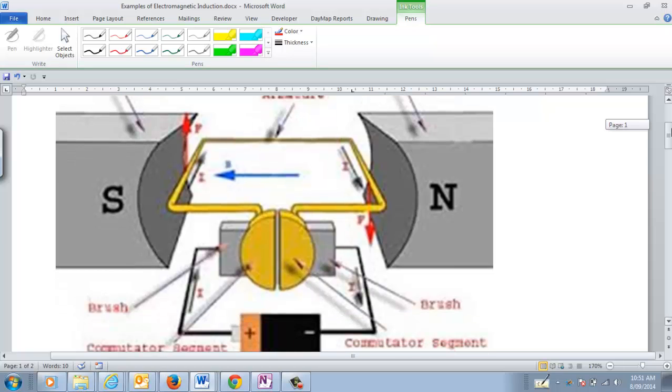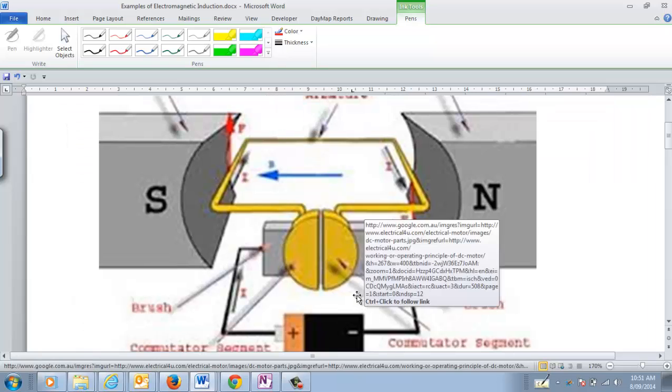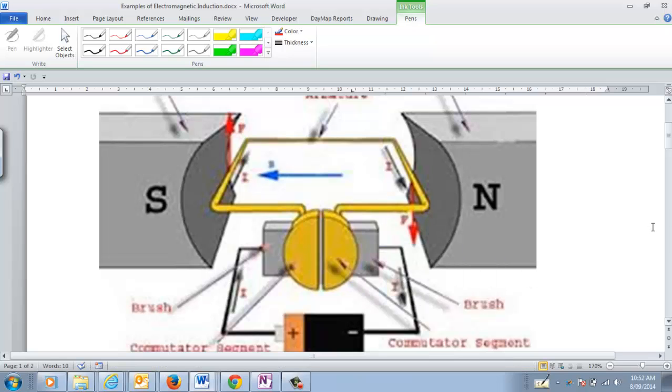Other parts of this particular motor, you have these brushes which allow the direction of the current to change in this loop. Obviously you have to have some sort of electrical energy there, and notice there's a little split here, so you have a split in the commutator which allows the direction of the current to change as it loops around. Anyway, I'm going to show you a quick video of how this works,